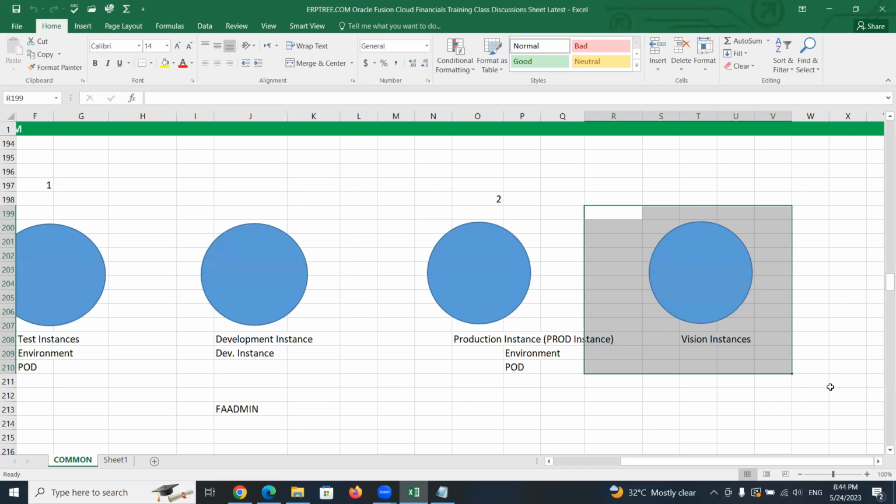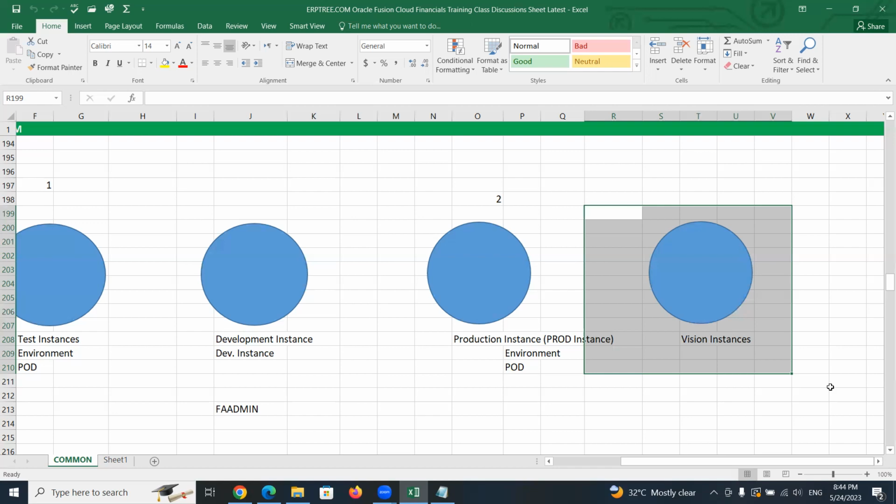All the instances we get from Oracle by default are fresh instances. There won't be any sample data. You will only have seeded data. In yesterday's session, we discussed the roles Application Implementation Consultant and IT Security Manager. Oracle provides those roles. If those roles are not there in the instance, you cannot use that instance. Such information that Oracle provides, we can call seeded data.